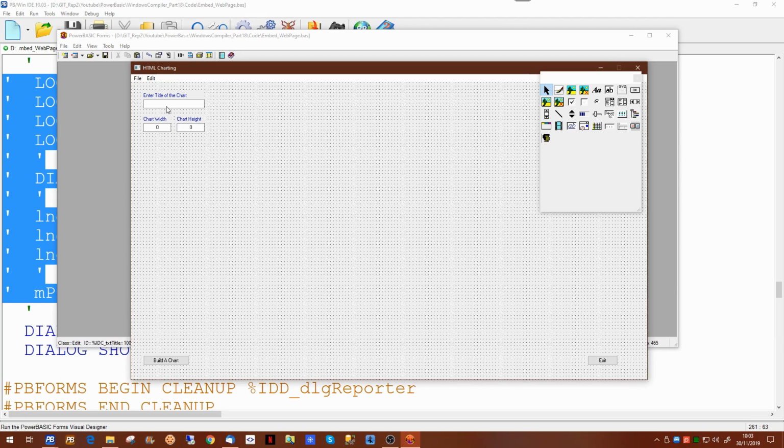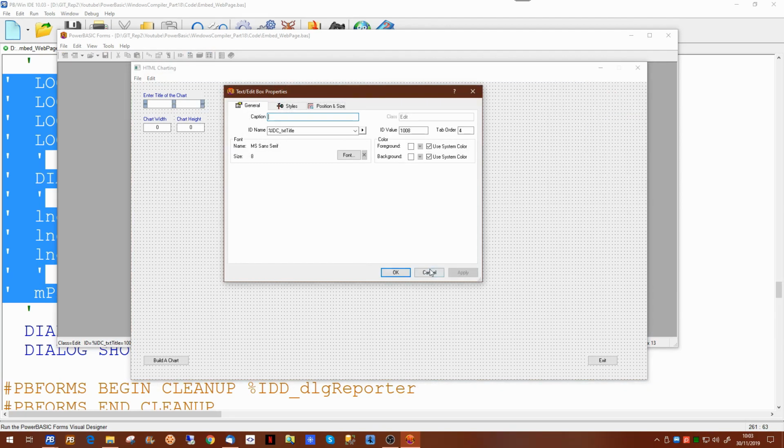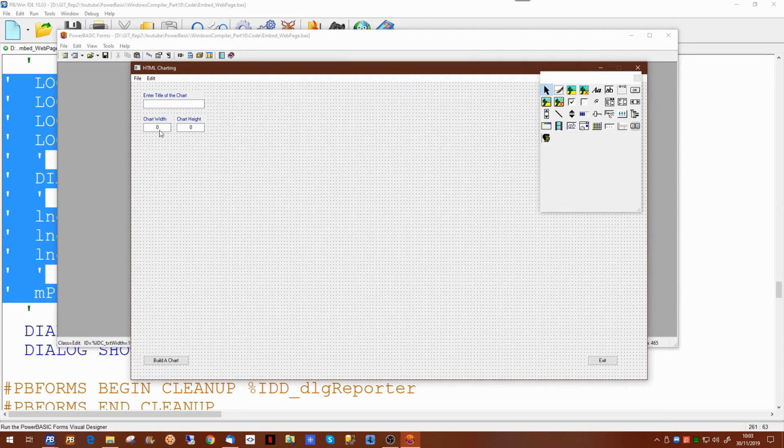Now we know the title of the chart has to contain something, so it can't be blank, and we know the chart width has to be non-zero. Now you may want to set upper limits to the chart width and height, but you'll certainly want the user to put some value in. So if we save that now, well, before we save it, one thing you may want to do,